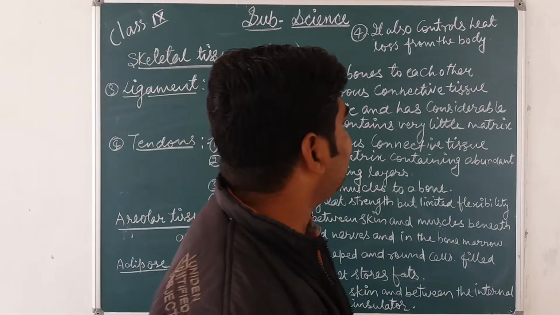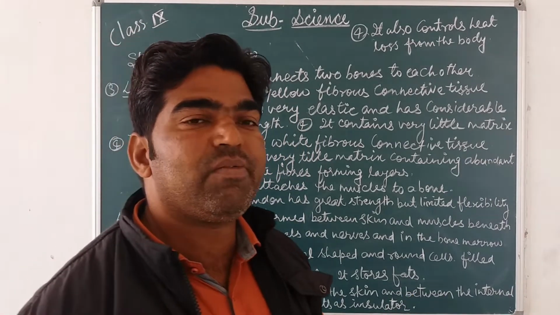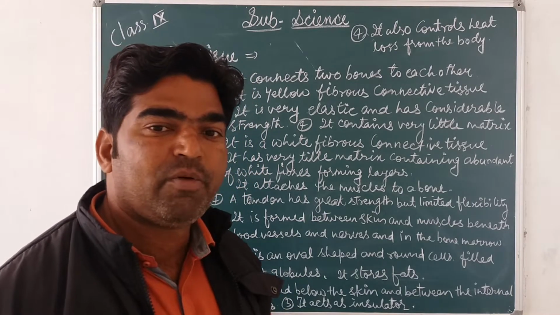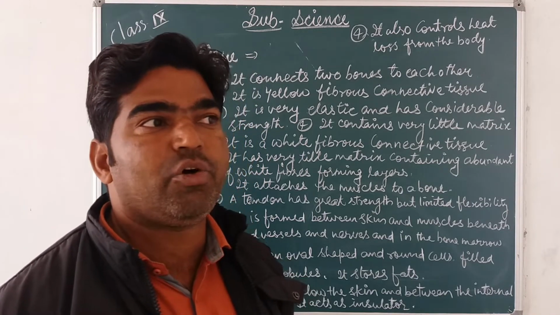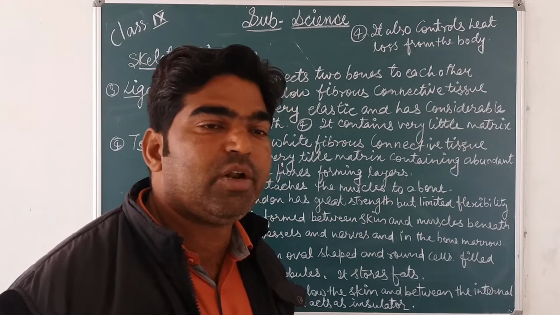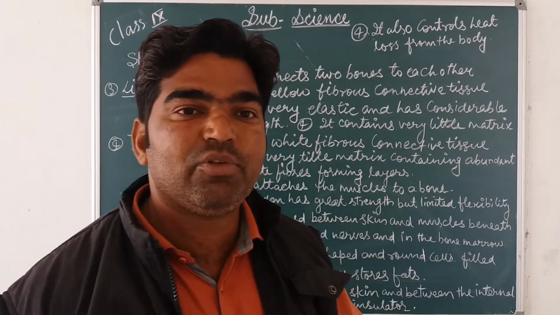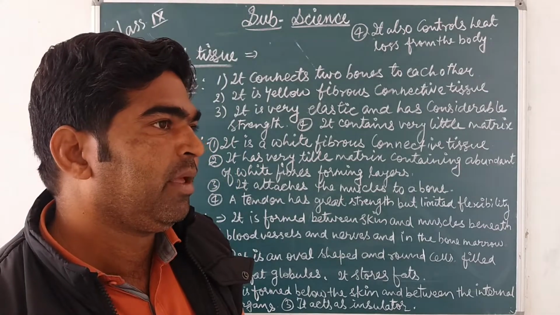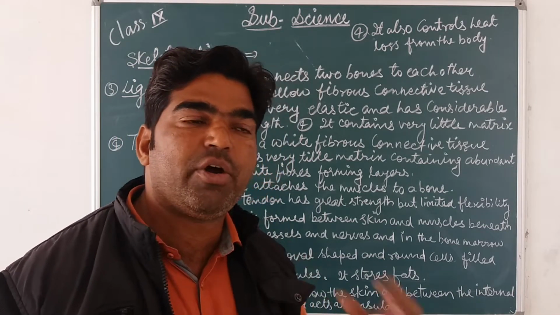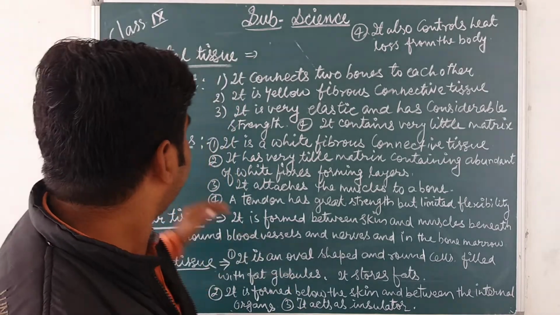It contains very little matrix, but it has water. It contains very little liquid or fluid or matrix. So after this fluid dries, what happens? Friction takes place between the joints, and we feel pain in our joints. ना बूढ़े लोगों में यही होता है कि धीरे धीरे जो लिक्विड मैट्रिक्स होता है, फ्लूइड होता है, वो धीरे धीरे ड्राई हो जाता है, सूख जाता है, तो वो कम होने लगता है. So due to that water, the friction is taking place between the joints, and they are feeling pain in their joints.